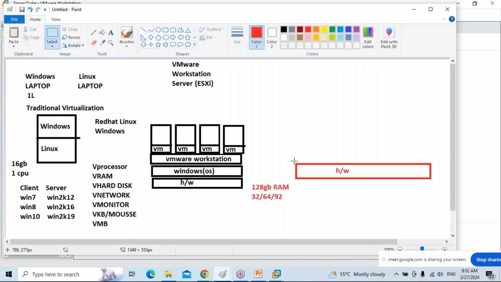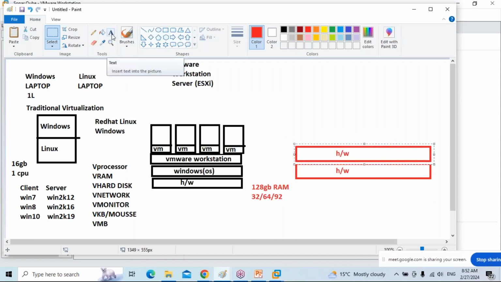On top of this, I install the VMware server operating system.